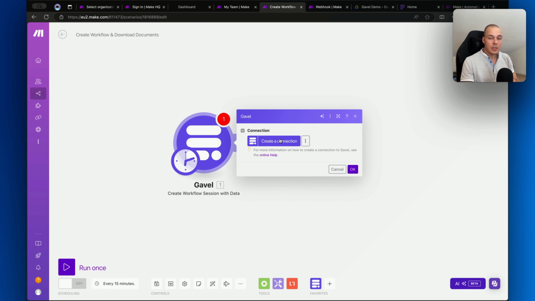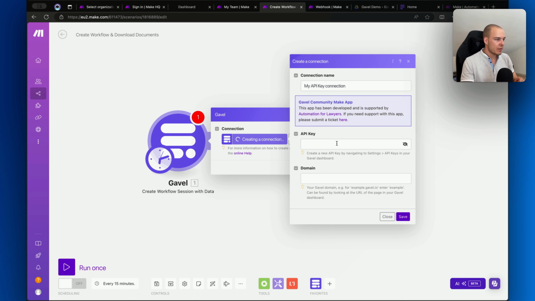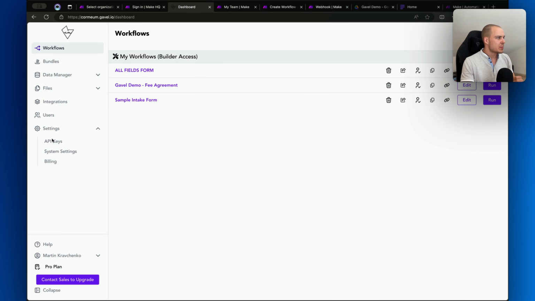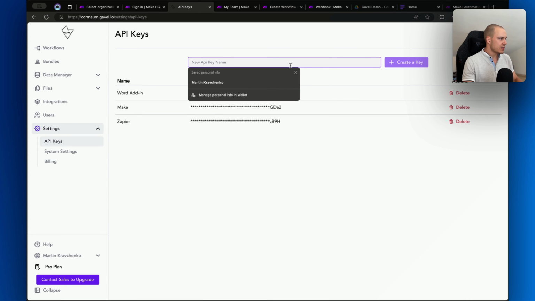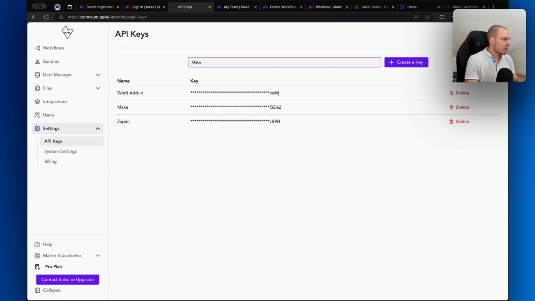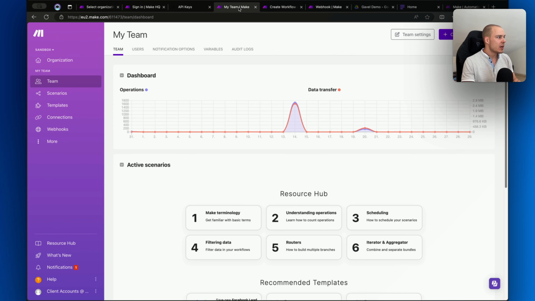and will be prompted to create a connection. Click that. You can name it whatever you want. And then you'll need an API key that is located in your Gavel account. So to do that, go to your Gavel dashboard, Settings, API keys, and then come into here, type in, for example, Make, let's say Make 2 because I already have one, create a key. You'll need then to copy this API key, go back to Make,